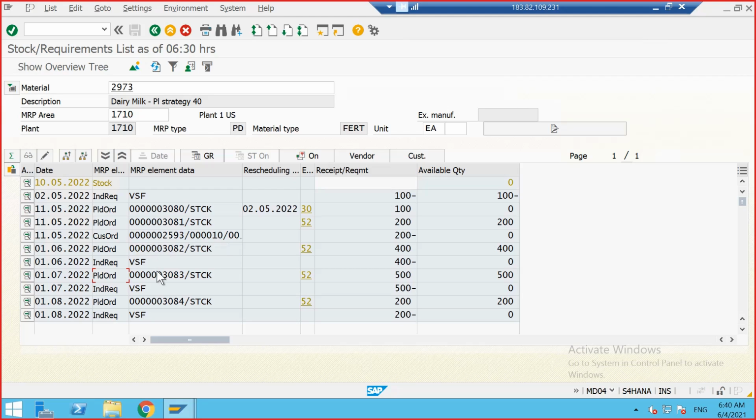Anyway, the planned order will be converted to a production order. That is fine, but I'm just trying to show you after conversion of the production order. That's it. But this is how the planning strategy 40 works. Okay. Now,